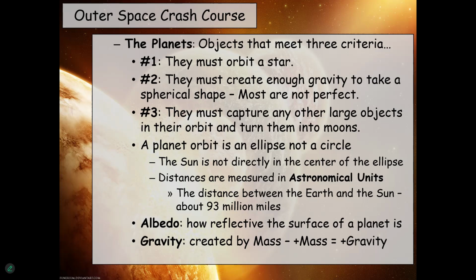And that's a little bit of a simplification. Gravity is actually quite a complicated phenomenon, but for eighth grade, especially an eighth grade crash course, let's just keep that equality there. More mass equals more gravity. Less mass equals less gravity. Okay, so smaller planets have less gravity. Larger planets have more gravity, except just because you're big doesn't necessarily mean you have a lot of mass. We'll talk more about that later.